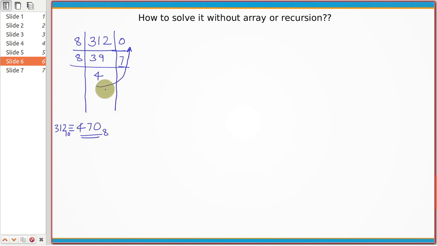Now, but for this technique, I need to remember these numbers in reverse, right? So can I somehow find a technique where I don't need to remember this? So when we divide it by 8, what are we trying to do? First, we are creating all boxes of 8. Then we are packing those boxes of 8 into a bigger box of 8 smaller boxes each, and then an even bigger box, and then an even bigger box until we can, right?